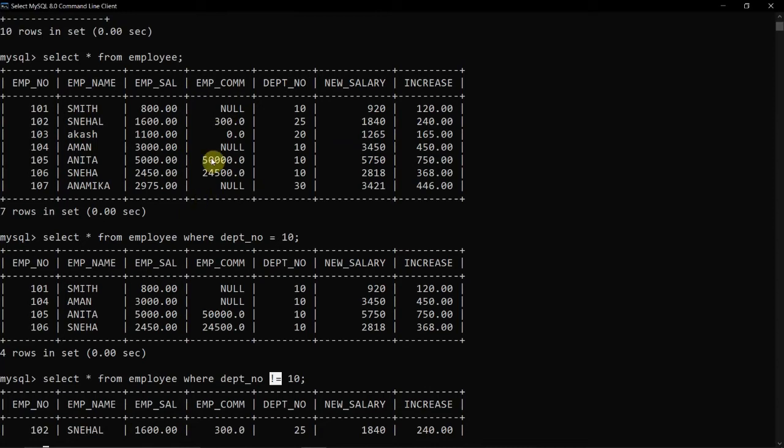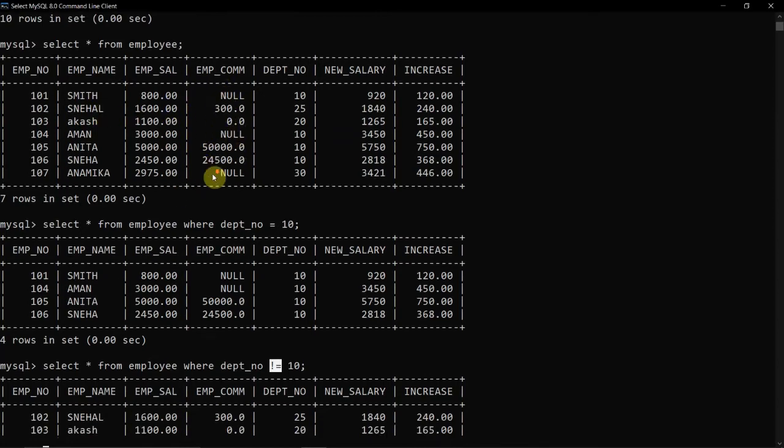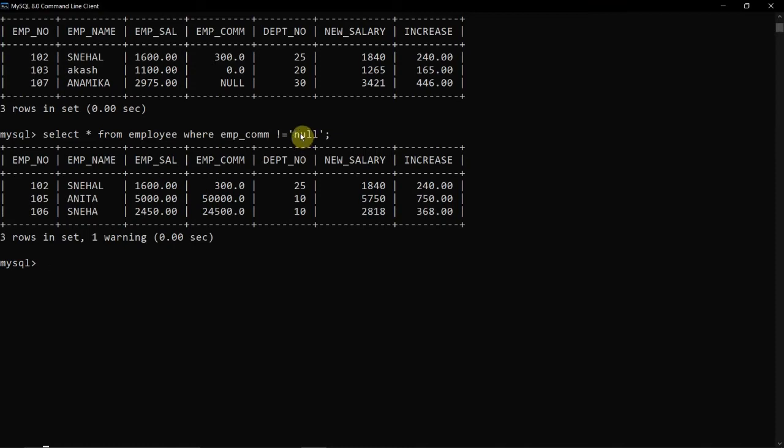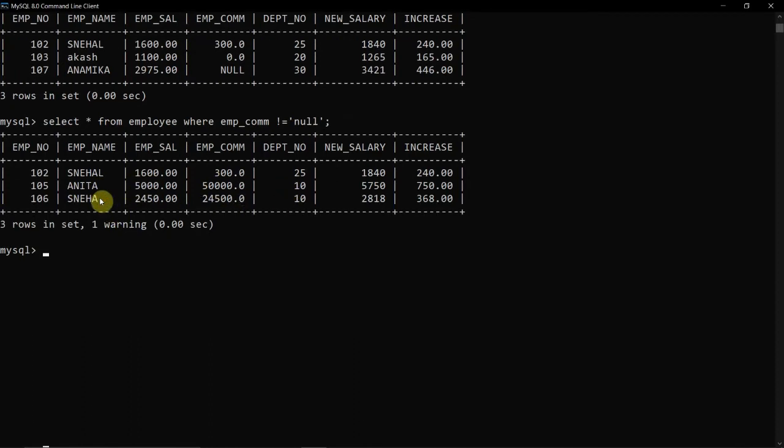You will see there are four entries. Here the null is in string form, so you have to write it in single inverted commas. Then you will get the three records. This is how equals to and not equals to operators are used.